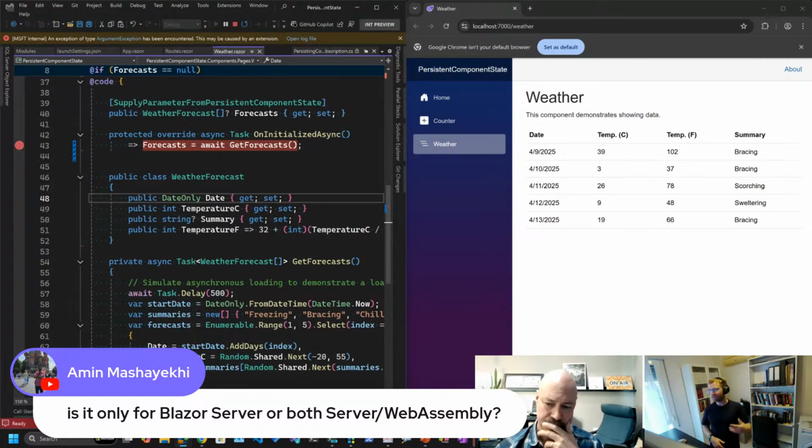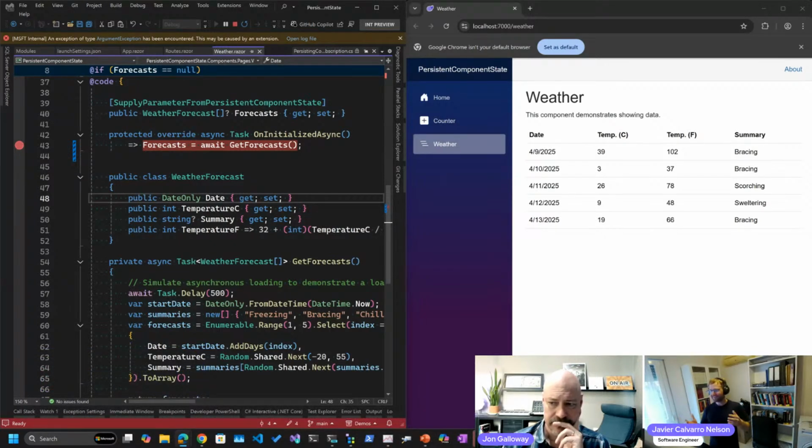So you would avoid having to do a separate HTTP request to get the data after you've downloaded and bootstrapped WebAssembly. On interactive server, it's a bit strange because the data goes to the browser and then travels back to the server